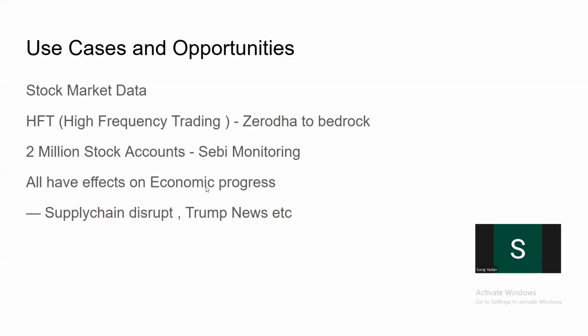So let's take an example at the India level. The government also gathers all the data to check the economic progress. And at the individual company level also, let's take the example of Walmart. They have a data science team or AI team which would gather the data, do the data ingestion, cleaning, and then fine-tune their LLM for their prediction on supply chain disruption,